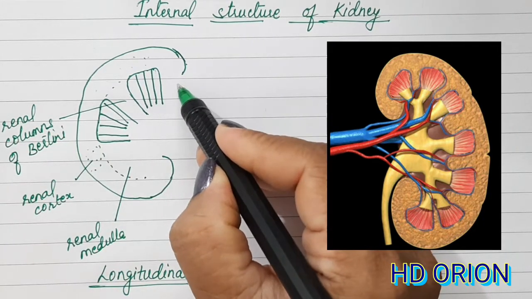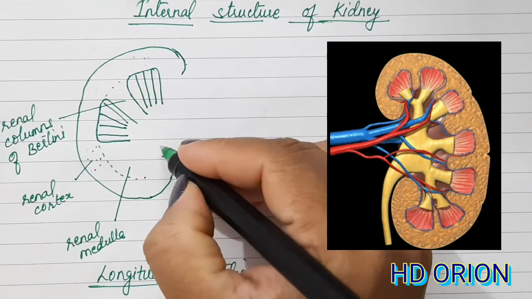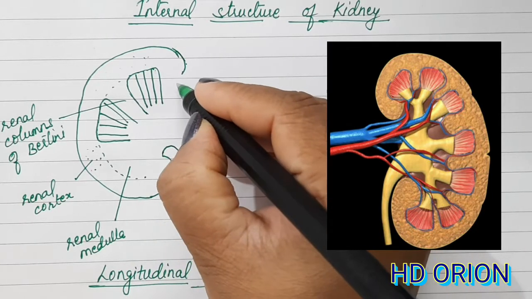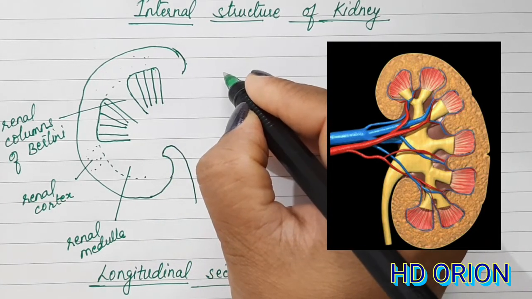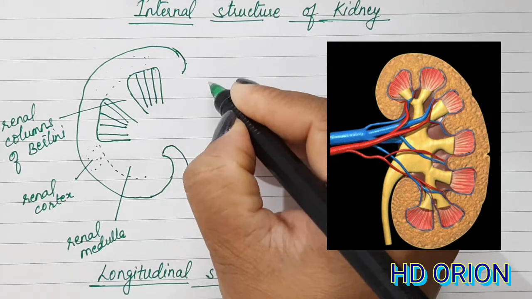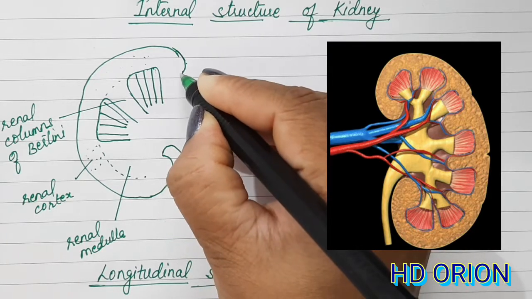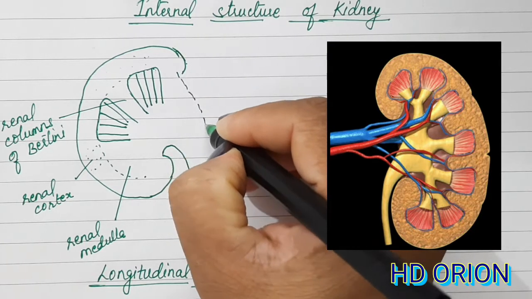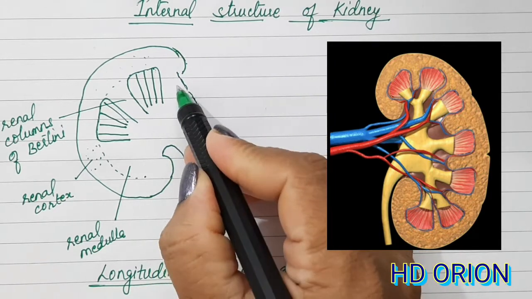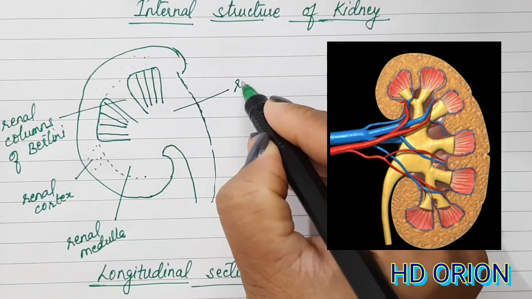Now this concave side, as I told earlier, was called as hilum, and there is the ureter. We are not going to talk here about the artery and the vein. We have discussed it earlier also, that from this place only the renal artery comes in and the renal vein goes out. From this area there is the origin of the ureter. This funnel like structure of the ureter is known as the renal pelvis,